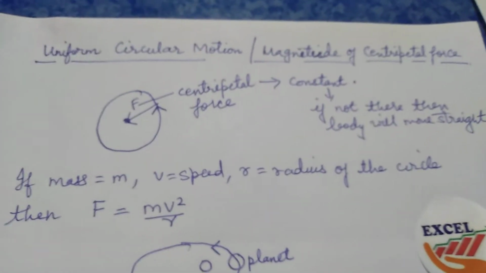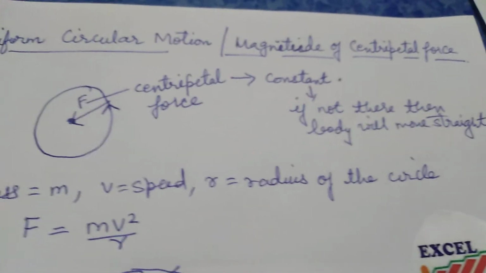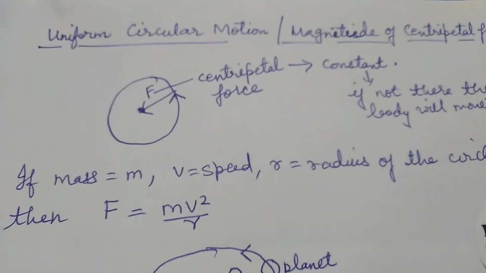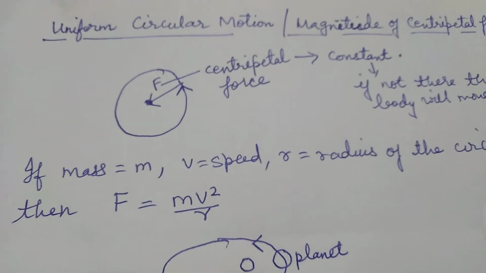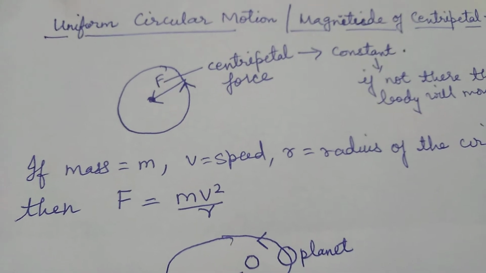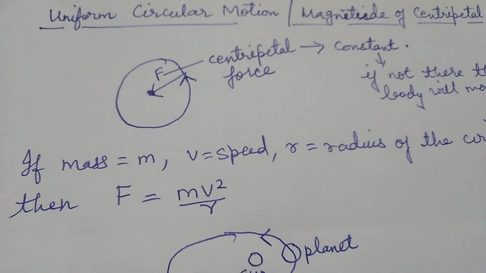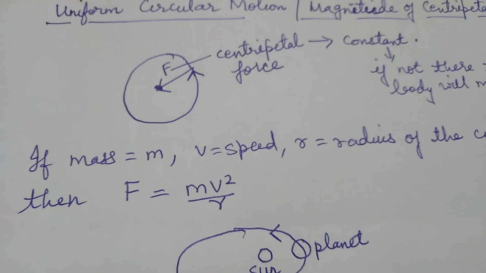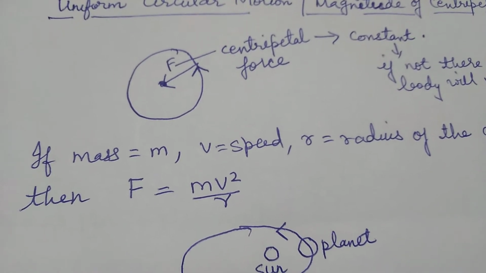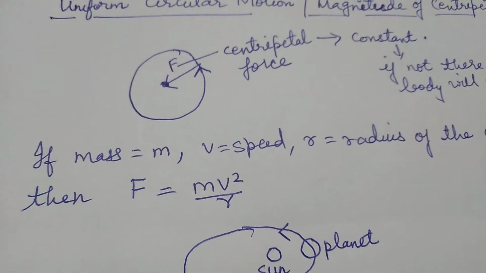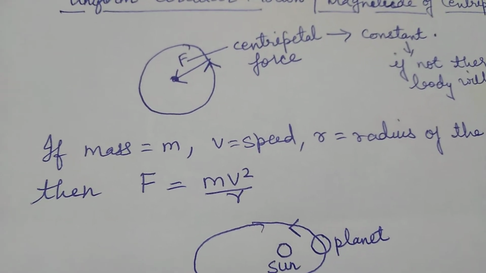Students, now going further, we will again see what we mean by uniform circular motion. Just a recap of what you had studied: for any body to perform circular motion, a force is required which is directed towards the center, and that is known as the centripetal force. Here you can see in the figure, there is a body performing circular motion and there is a centripetal force directed towards the center. Now this centripetal force must constantly be acting on it.